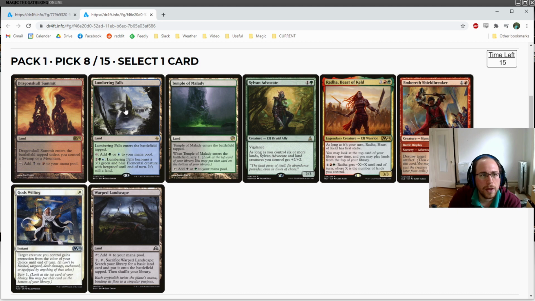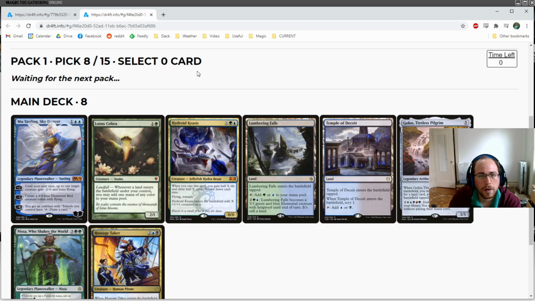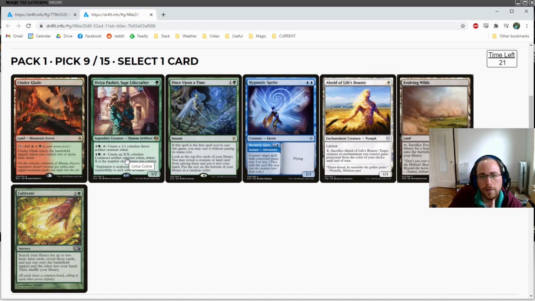So it's between Temple of Melody and Labyrinth Falls. Definitely going to take the on-color fixing, not exactly married to this. And again, next pack we get to see what wheels. I'm hoping to get back Evolving Wilds, because I don't think Fabled Passage is just coming back. But if people are not prioritizing fixing, that'll be insane with Lotus Cobra. Although, obviously, Lotus Cobra into Evolving Wilds is exactly...